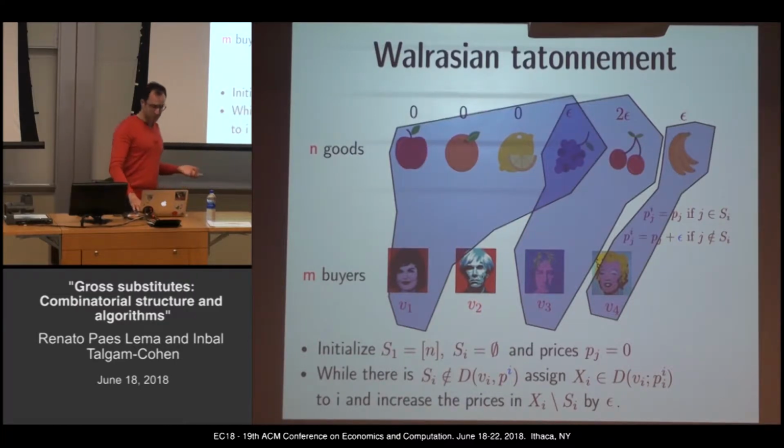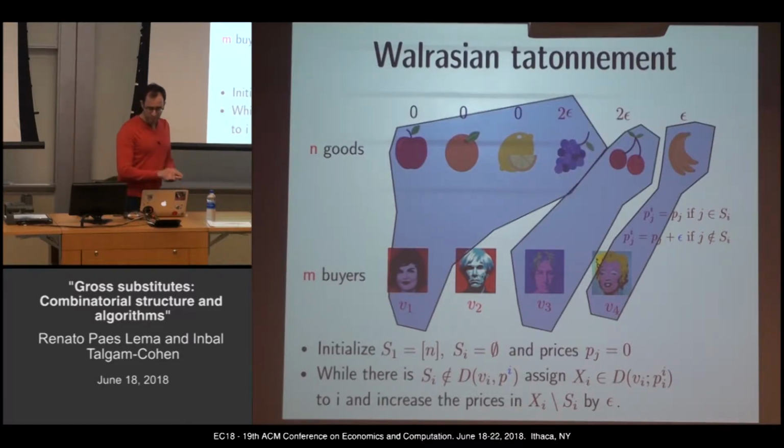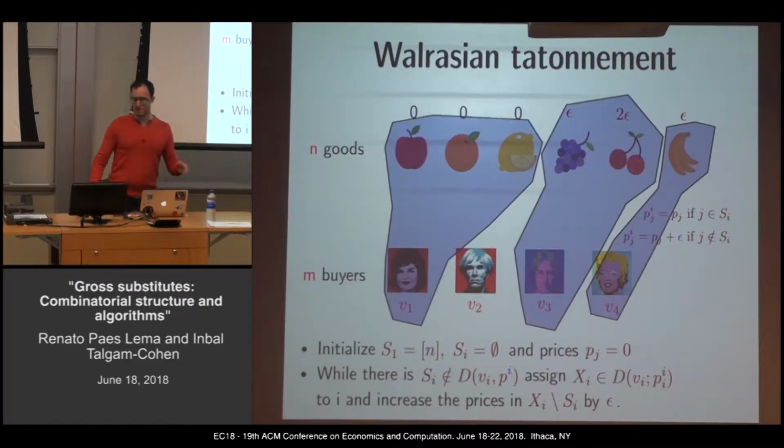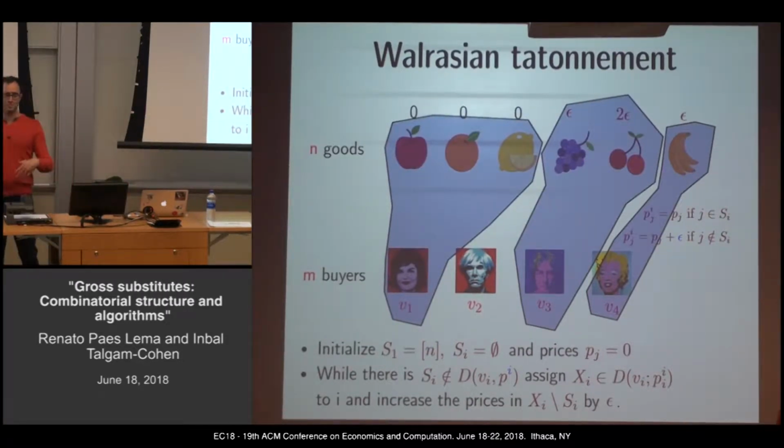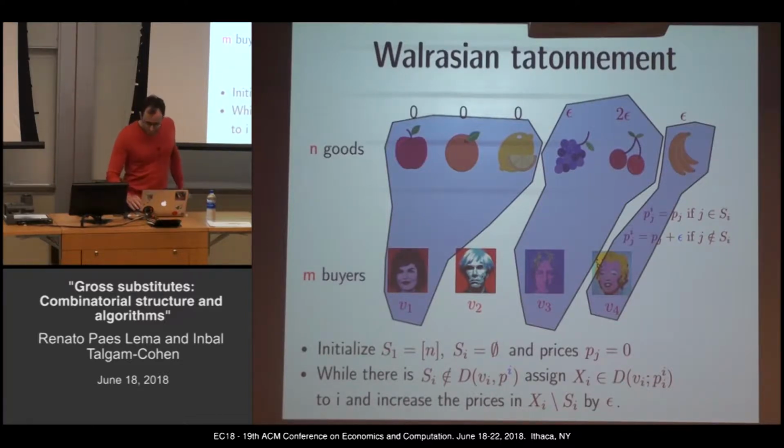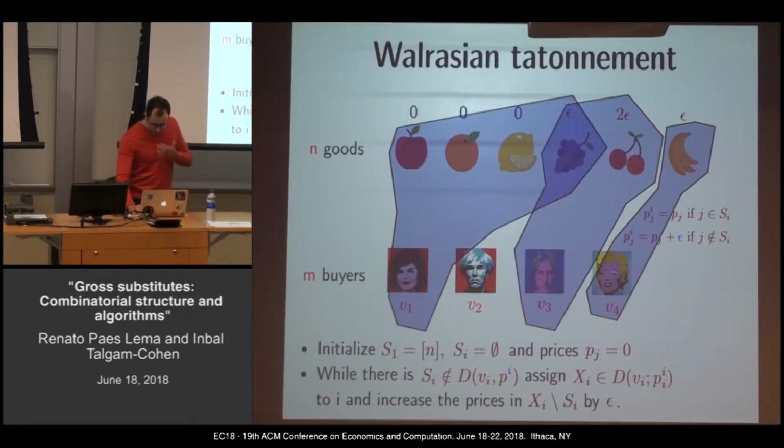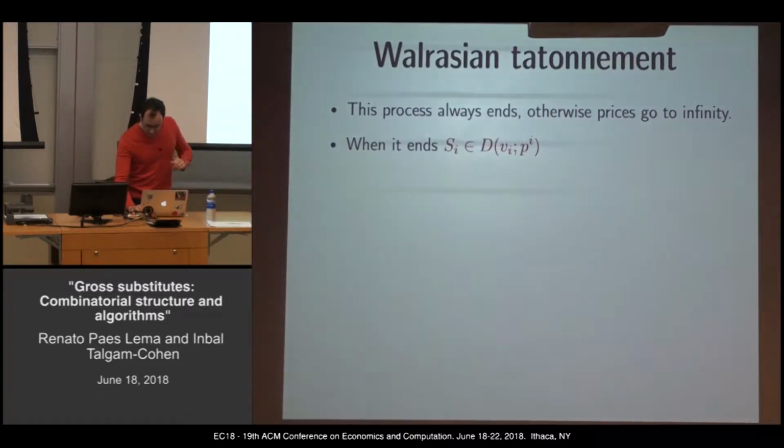Now V1 might say, okay, I'm no longer happy, now I'd like to get the grapes. I'll give that to her. Increase the price of the grapes. And at this point I may ask, okay, does anyone want to change? If they don't want to change anything, you're good, we're done. So that's a very natural procedure. It's something that you could even imagine markets could do. Okay, so that's it.